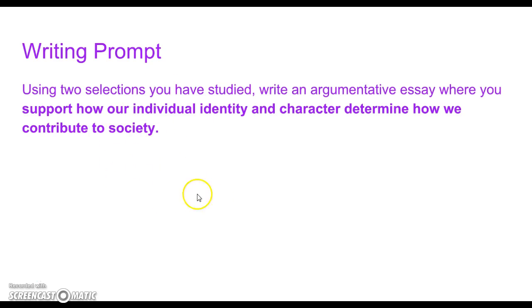Here's the actual writing prompt. Using 2 selections you have studied, write an argumentative essay where you support how our individual identity and character determine how we contribute to society. So again, individual identity, individual character, how it determines how someone contributes to society. So going back to using 2 selections,